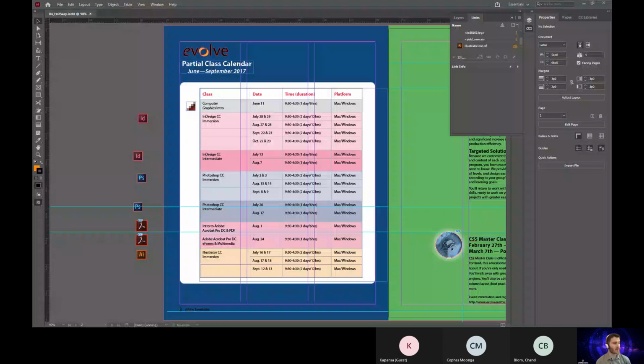Now, Kapansa, if you want to open up the lesson 4 there, you're more than welcome to. You'll still be able to go through the rest of the exercises, even if you missed some of the things yesterday afternoon. So don't worry too much about that. We're just going to be proceeding through with some of the